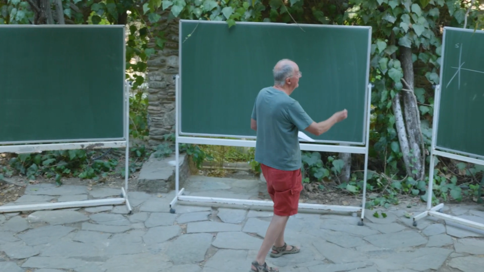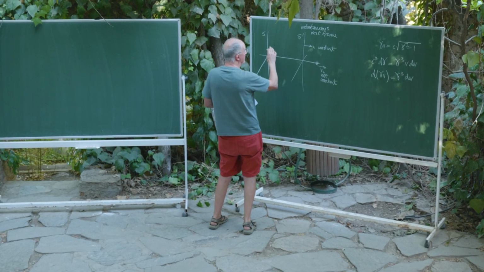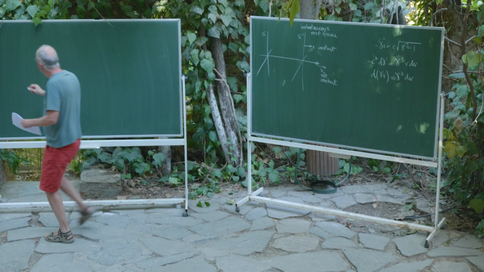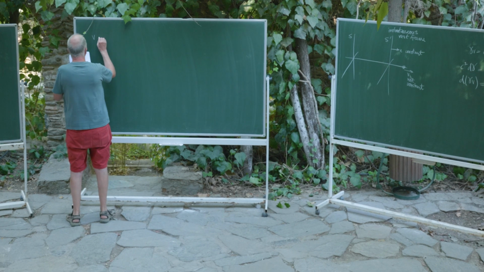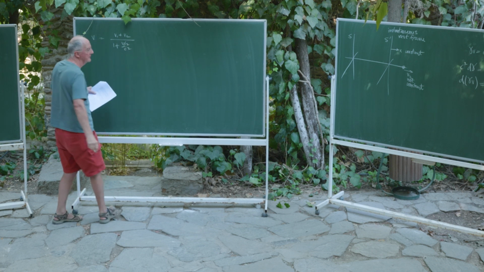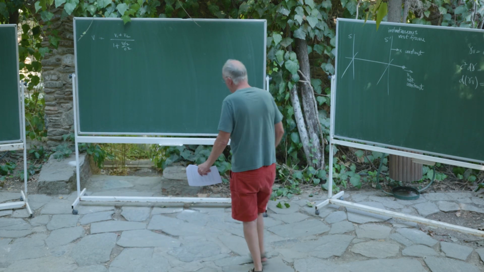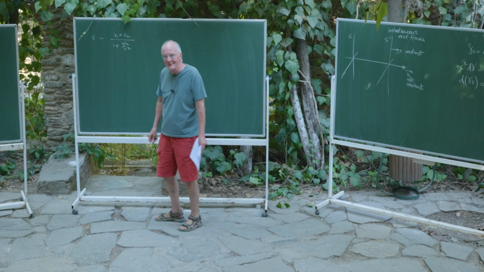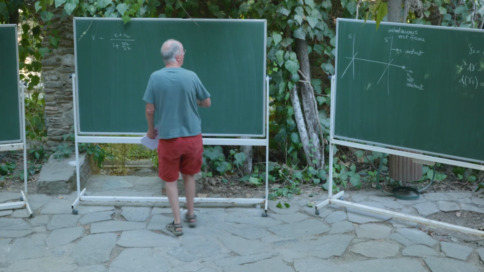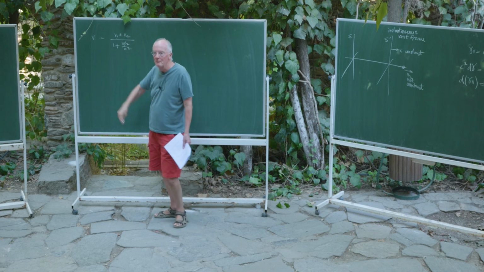So at this instant, the addition of velocities gives us that the velocity v of the particle with respect to S is v1 plus v2 over 1 plus v1 v2 over c squared. That's the addition of velocities that we discovered before. When we first derived this, everything here was constant, okay? But now v1 is constant, and of course c is constant, and of course 1 is constant, but the others are variables.